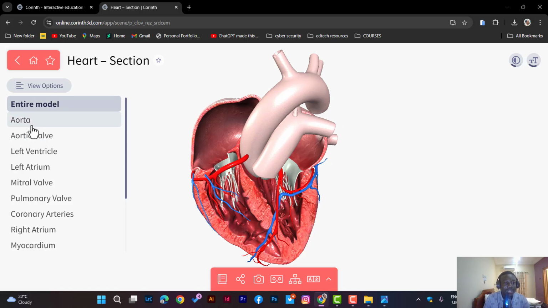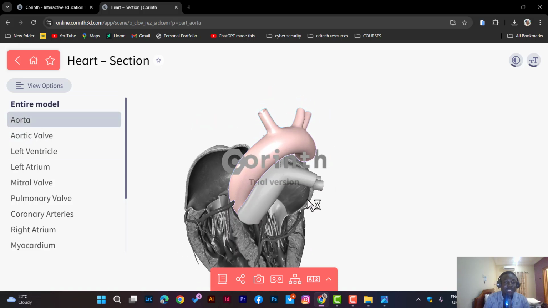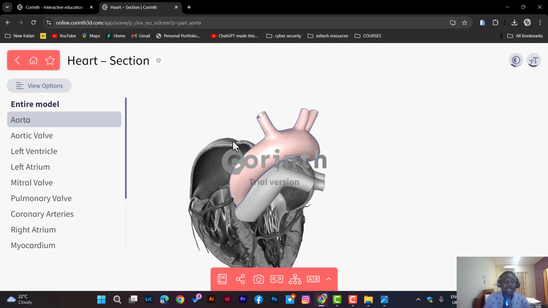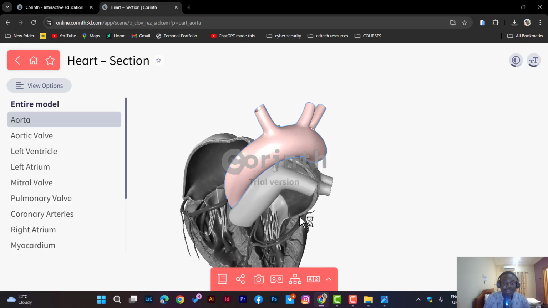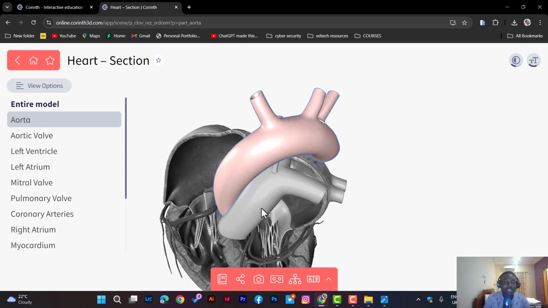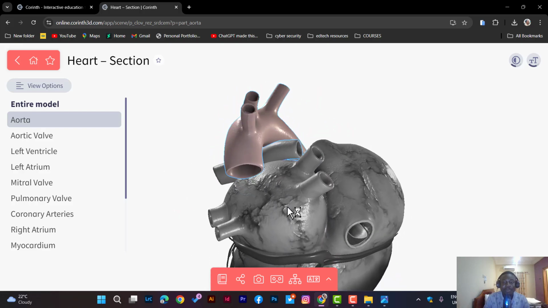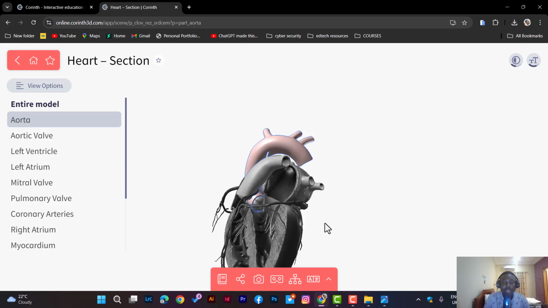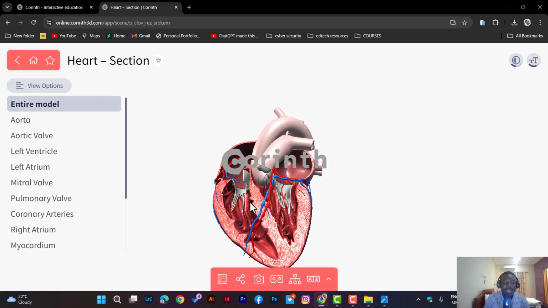So when I click here, aorta, I remember my biology teacher always told me to pronounce it how you can write it. So you can see it's displaying the aorta here, and every place is now kind of gray or black and white, but the part you're actually looking at is the part that becomes